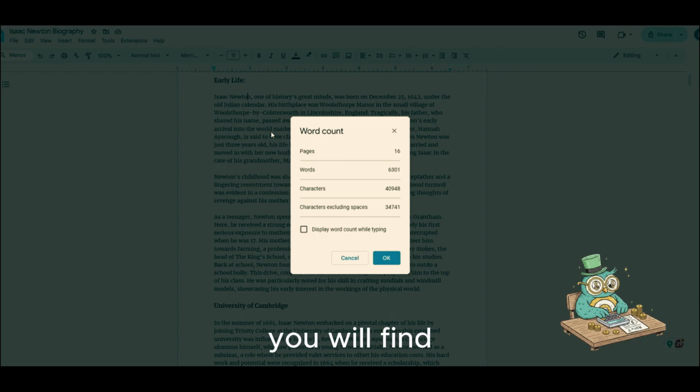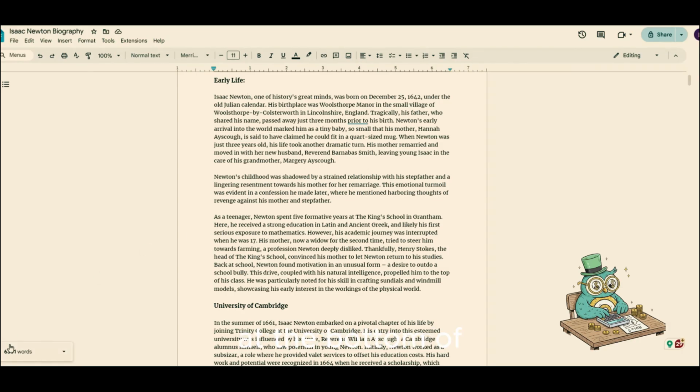Here, you will find the total count of words, characters with and without spaces, pages, and paragraphs. If you prefer to view your word count in real time as you type, in the Word Count window, check the box next to Display word count while typing. This will show a small word count box at the bottom of your document that updates as you write or